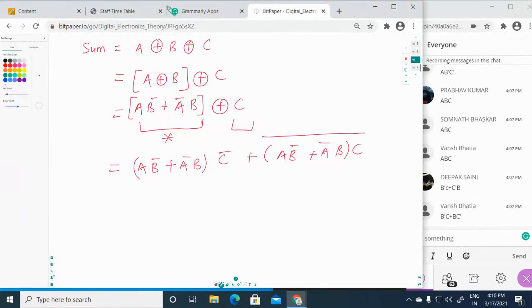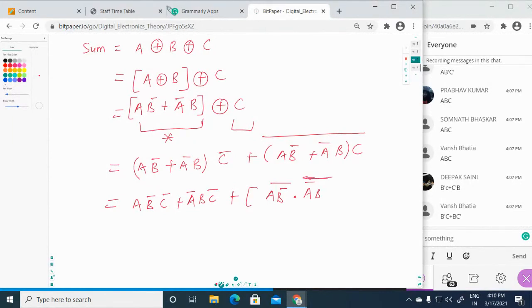Now you can modify this, A B bar C bar plus A bar B C bar plus, what is the output here? If you use this complement, you can write using De Morgan theorem. This A B bar complete bar dot, this addition should be changed to the dot product, dot A double bar.